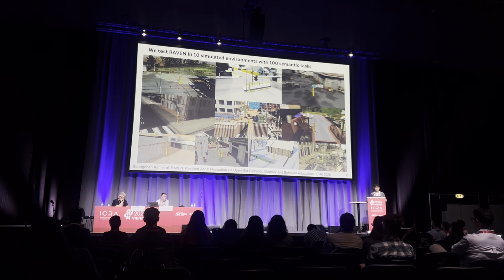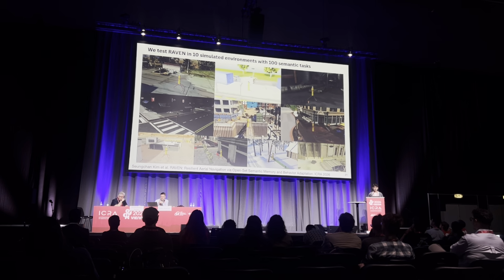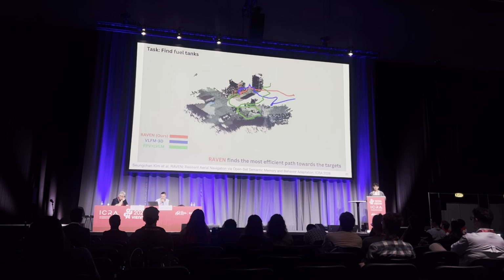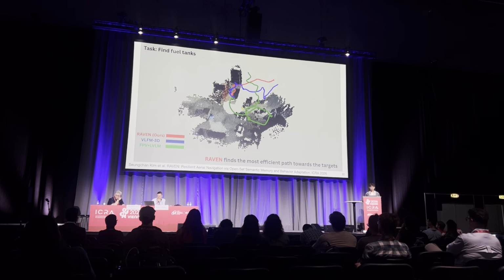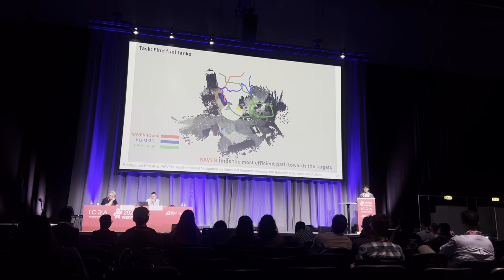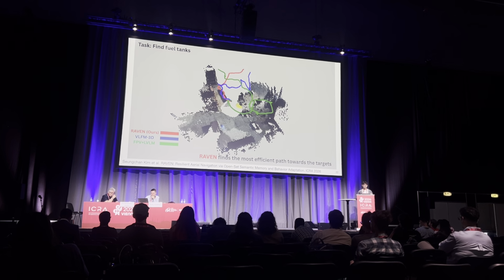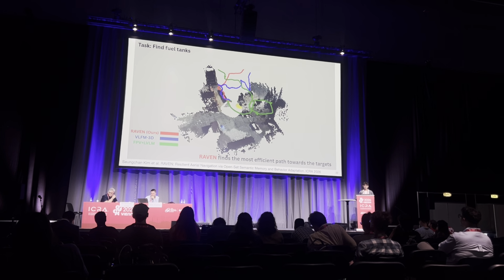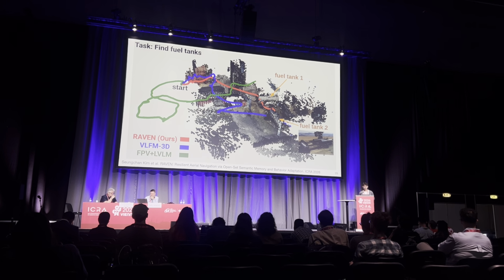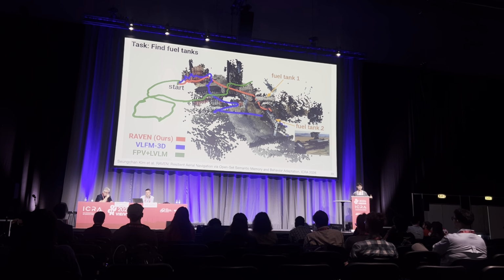We tested our method Raven in 10 different simulated environments with 100 different semantic tasks. And this is one of the examples of task, which is finding fuel tanks. We compared our method against different baselines, such as LVLM-based method, which shows very meandering and unsuccessful paths. VLFM is another map-based work, but it's not as good as our methods. As you can see in these final snapshots, our method Raven shows successful trajectory that can find both fuel tanks